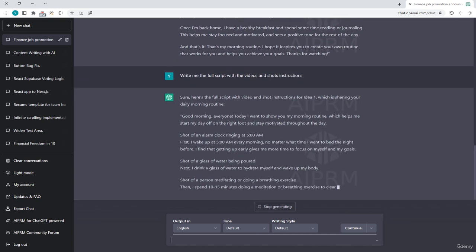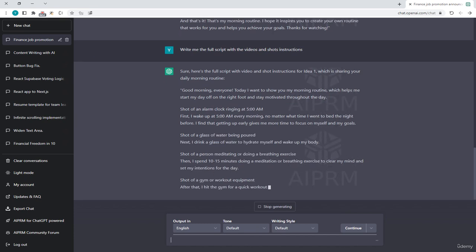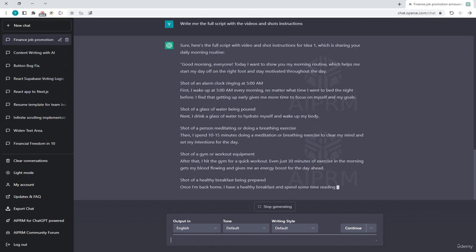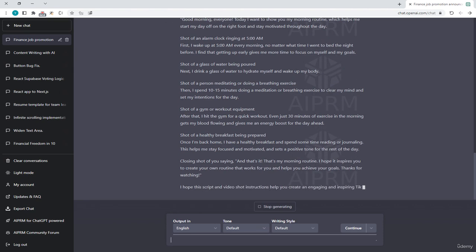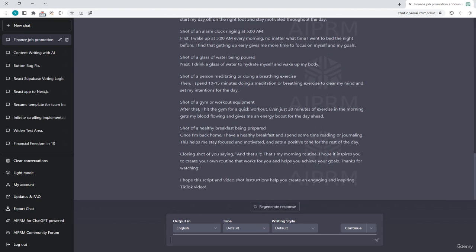Well, now it says, "Good morning, everyone. Today I want to show you my morning routine." And then shot of an alarm clock ringing at 5 a.m. I think you can already imagine how it looks. Shot of a glass of water being poured. Shot of a person meditating or doing a breathing exercise. And shot of a gym or workout equipment. Healthy breakfast. So as you can see, you can really create nice TikTok videos, Instagram Reels, everything,